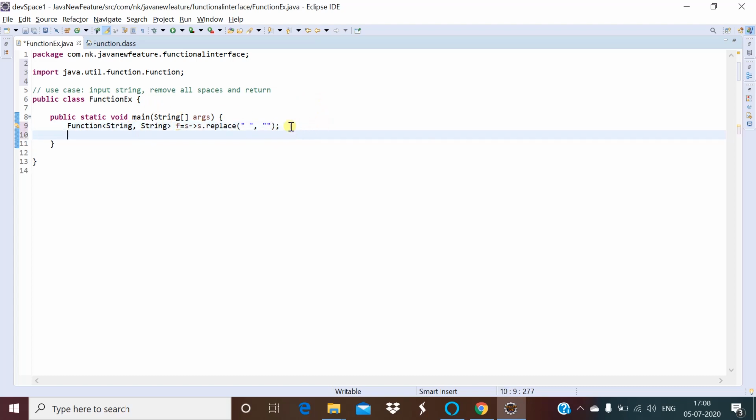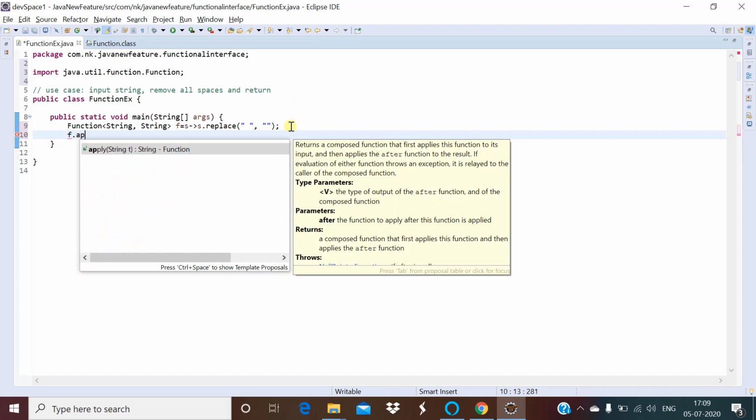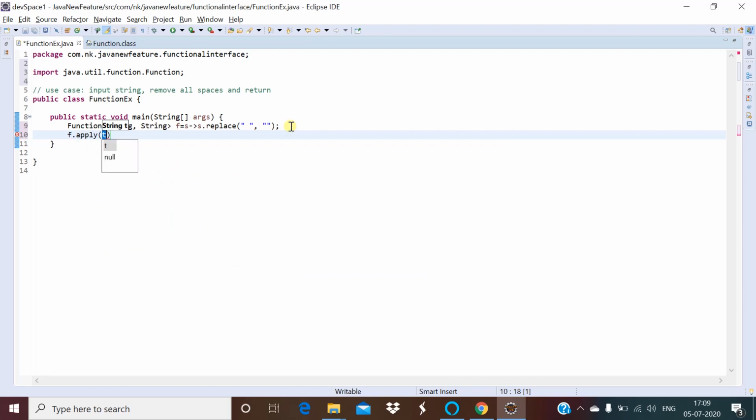Now you have to call that abstract method. And what is that method? That method is apply, we have seen already. Here we have to give some input string. Let me take the example of our channel name, Take Me Devoted. Here we have spaces, so what will be the output? The output will be without spaces, so TakeMeDevoted will be one string. Then I just have to print it out.